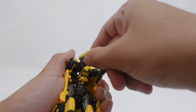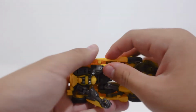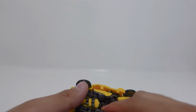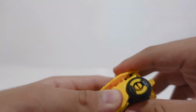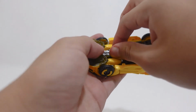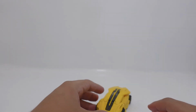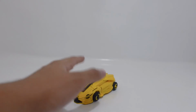And then after that, get the arms, fold them somewhat like this, and then just pop them inside right there. There are little tabs on the arms right here, so just put them under this part of the chest. So just do that. And now the little gun has its purpose inside the vehicle, which is that it is going to tab inside these little slots right there. Just gonna tab inside right there, and now you have Studio Series 70 Bumblebee complete and ready in his